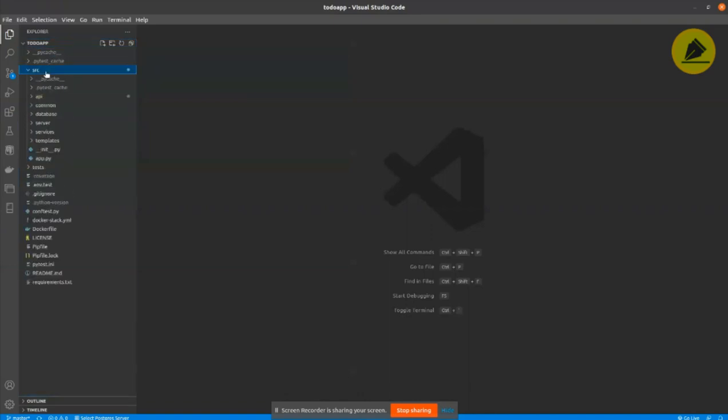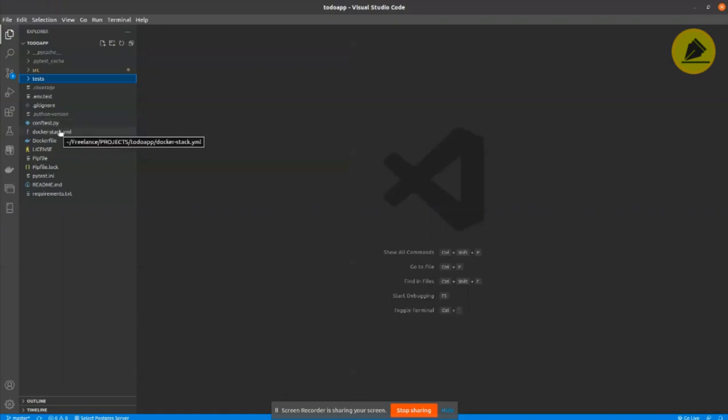The source folder contains all the source code related to the application. Then we have the test folder. I've created the test cases for this application using PyTest. We will go through all these files later. The config is for the PyTest environment. The Dockerfile is what we are going to use for creating the Docker image. And these are the dependencies we are looking at.